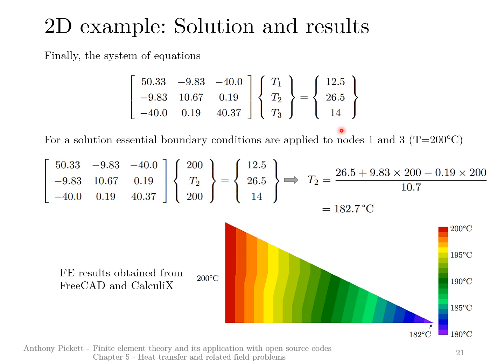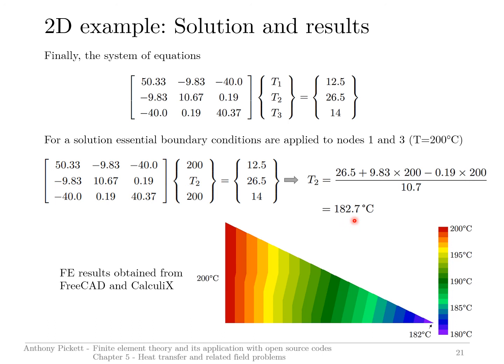In this particular case, an easy way to do this is to impose the temperature T1 equal to 200 and T3 equal to 200. These are imposed essential boundary conditions. We can put those in here and here. These first two equations become, in this particular case, meaningless because we've entered these 200s in. But if you multiply this by these terms and rearrange, you will find that T2 is equal to